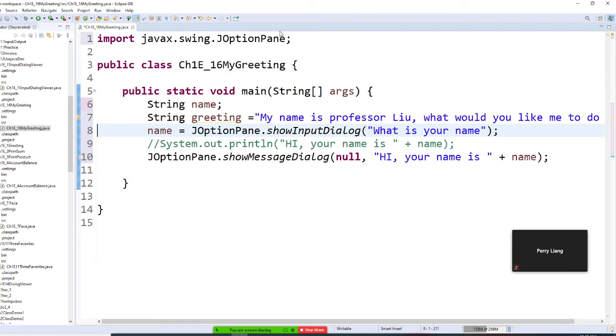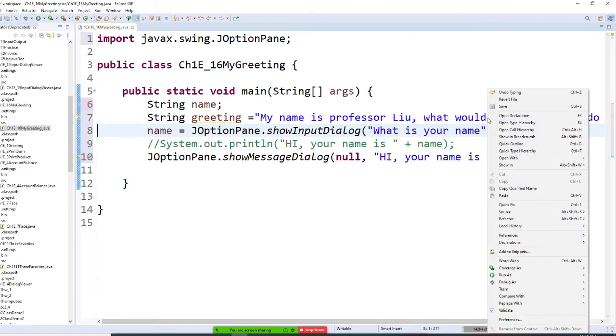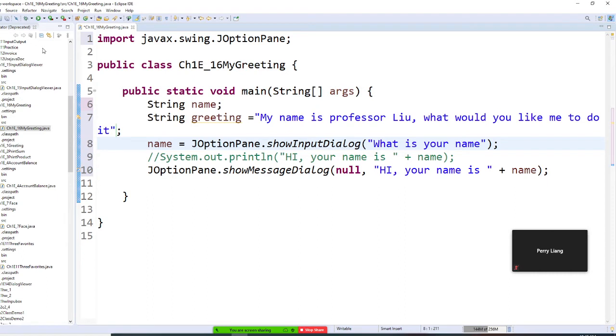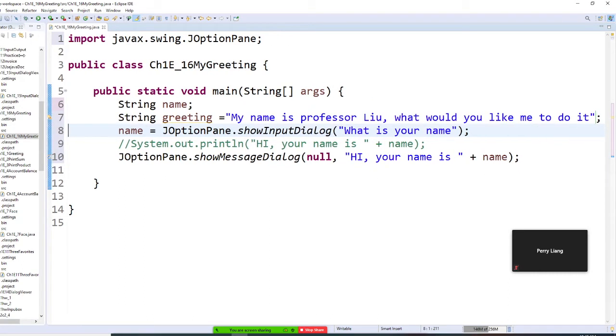By the way, the screen is small. I can put word wrap on it, and I'll show you how to do that too. So I wrote that. So far okay. Now that's my greeting, right?